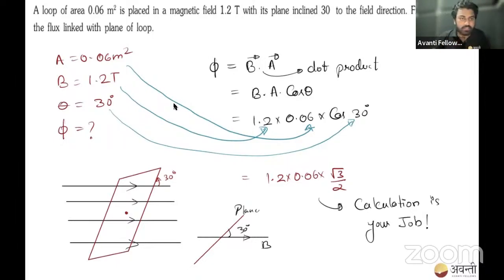Now, if I take cos theta, cos 30, what I am doing is making the plane parallel to the magnetic field lines, but we have to make it perpendicular, correct? So actually this is not theta here. This is 90 minus theta, which is given in the question. So the angle should be 60 degrees, right? So cos 60 is 1/2. Very good, Rajkot. So all of you pay attention.